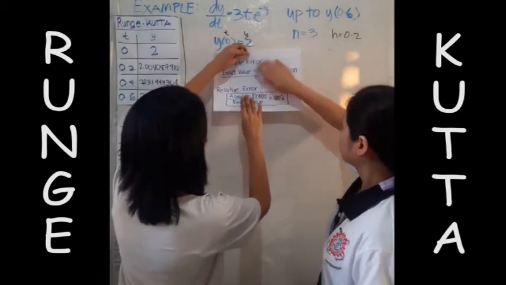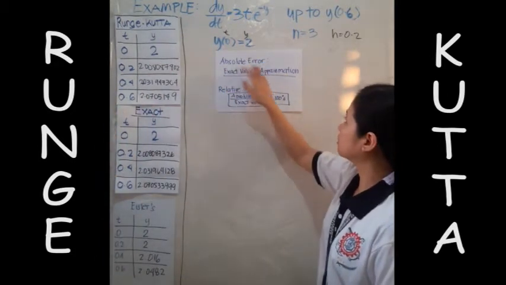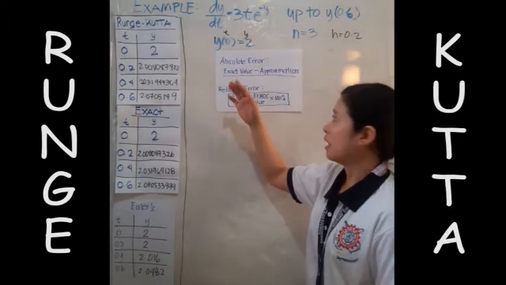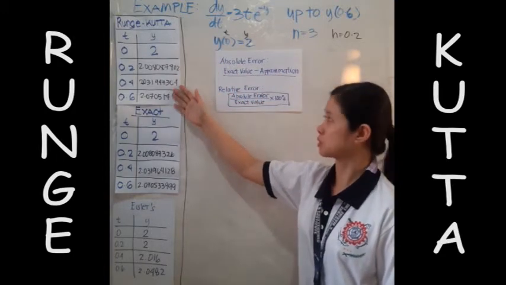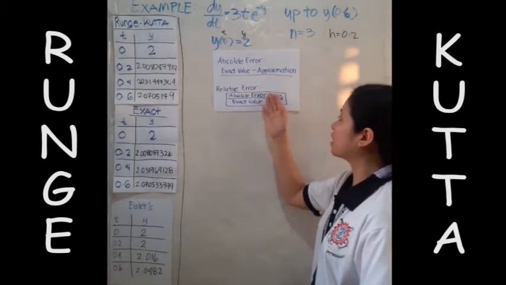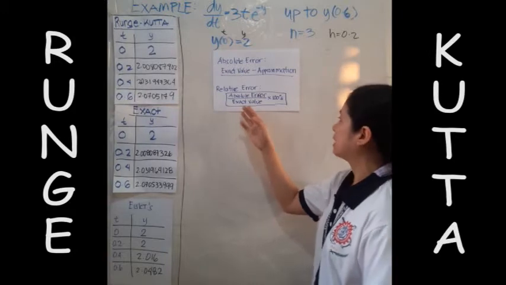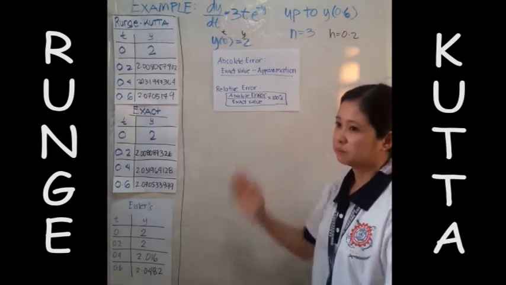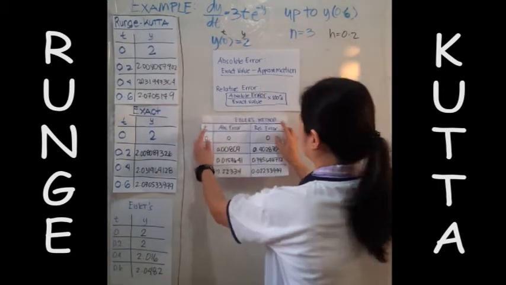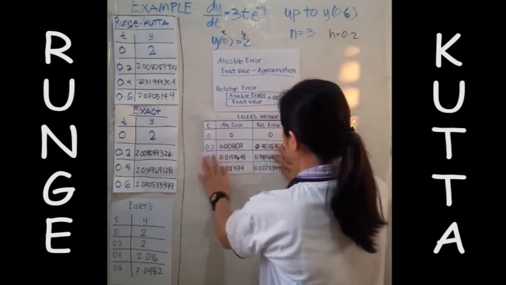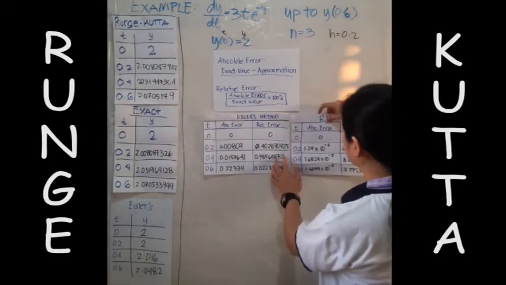So this is the solution for how to get the absolute error and the relative error. Absolute error is just you have to subtract the exact values of y from the approximation we have used. And then we have to get the relative error using this formula: absolute error over exact value, multiplied by 100. So, if we do this one, in Euler's method, we have this. And in our Runge-Kutta method,